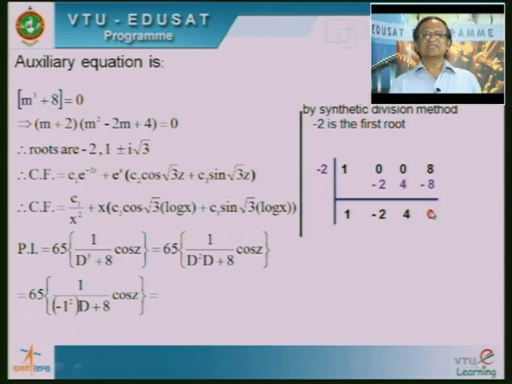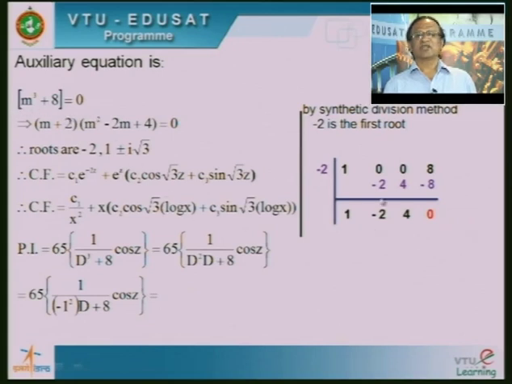Again, as I have mentioned in the previous example, when we add the last column numbers, it must be equal to 0. Here I have obtained 0. Then it is understood that the procedure is correct. Otherwise, if you don't get 0 in the last column, then I want to recheck this procedure. Okay. So, now I am able to write down one more factor from these numbers.